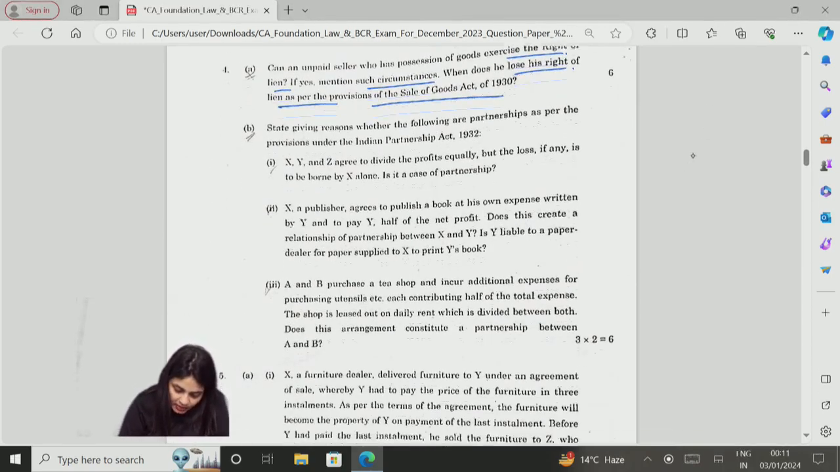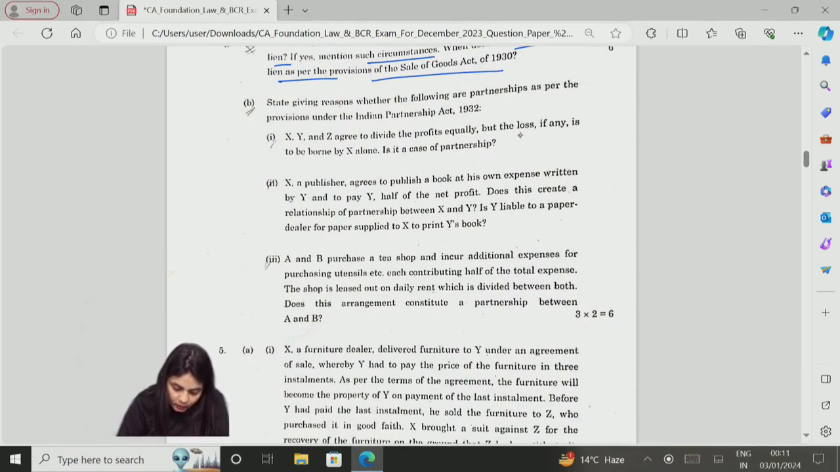State with reasons whether the following are partnerships. X, Y, and Z agree to divide the profits equally, but the loss, if any, is to be borne by